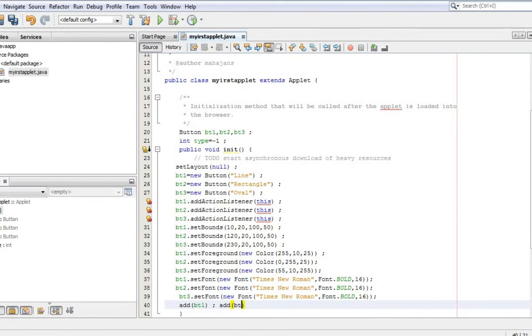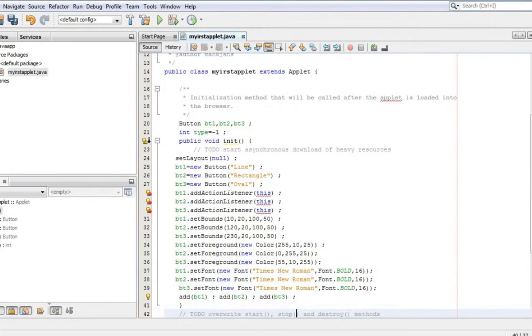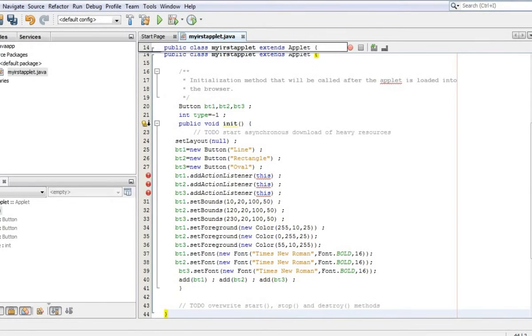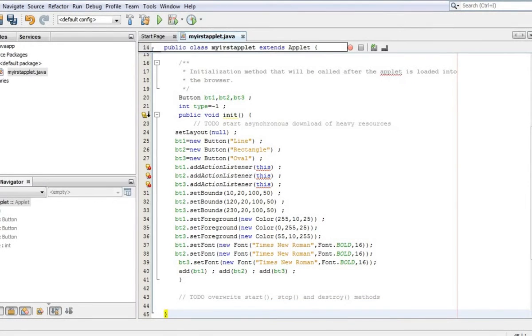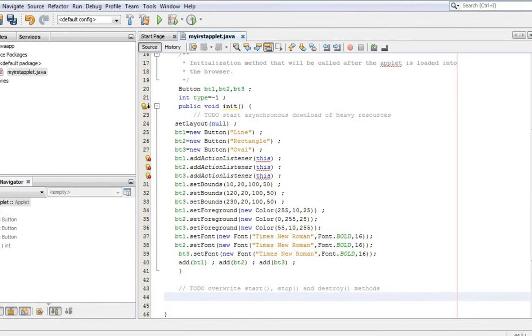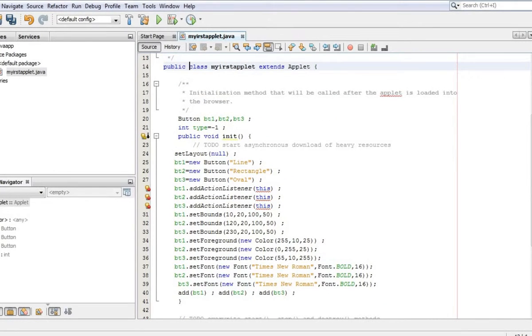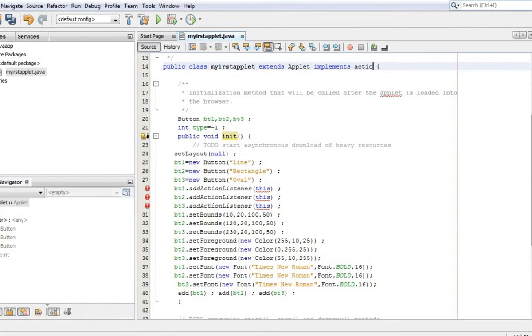As you already know, add is the method which is necessary for the AWT controls to be displayed in the applet window. We must implement the interface ActionListener.